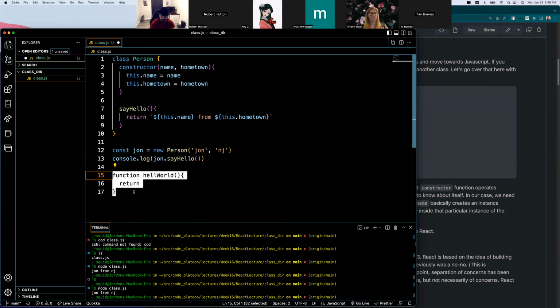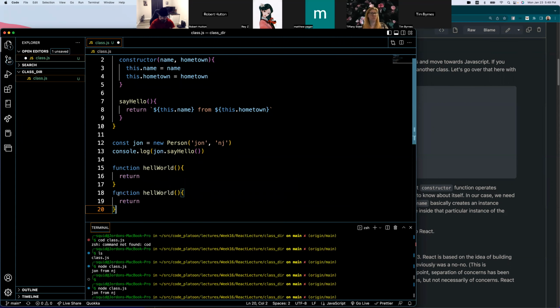The other way, if I haven't completely made a fool of myself and forgotten how to do this without looking it up, you would do something like that, right? That is functionally the same thing. One difference you'll see in React is this. Oh, not hello world, goodness. This binds